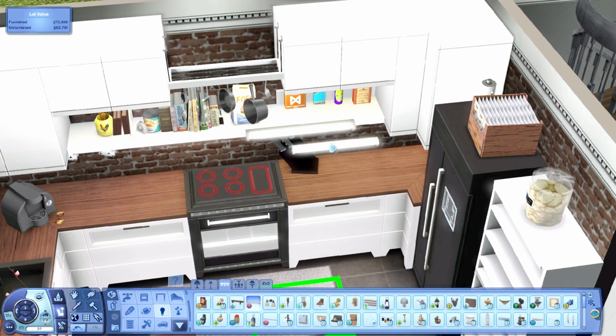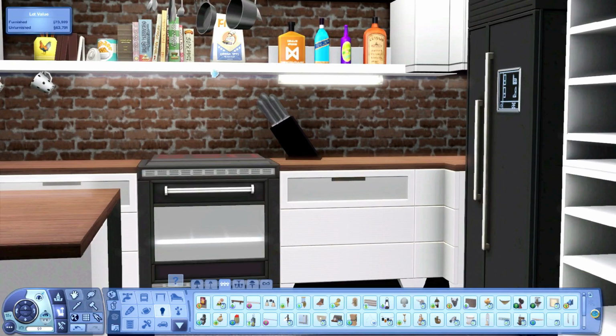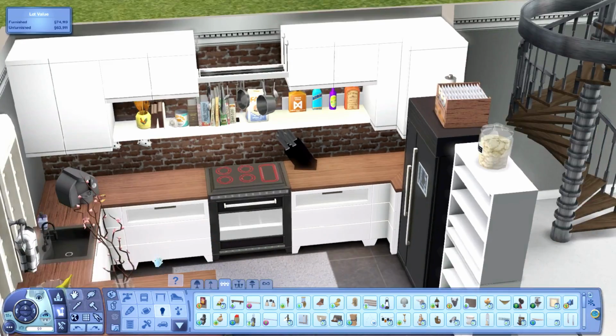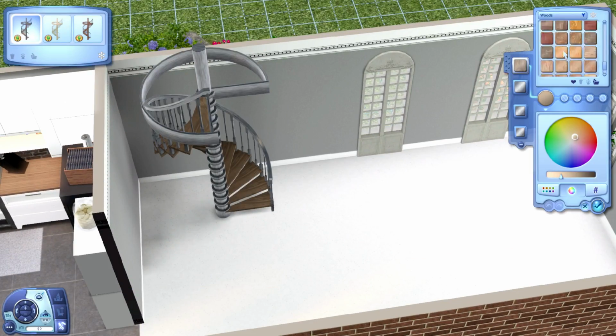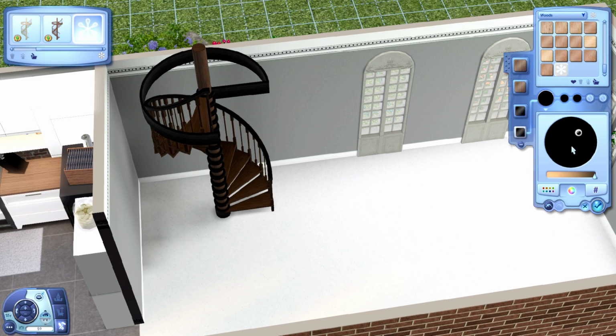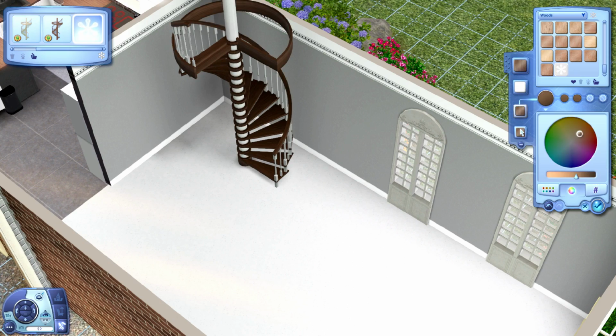So we're just putting in some tube lighting, I guess you would call it, fluorescent lighting under the shelving in the kitchen, and then we're going to move on to the front room, which is where we are, and I put in the dining room here. So this, because it's so narrow,